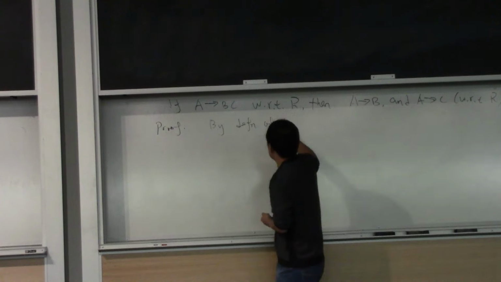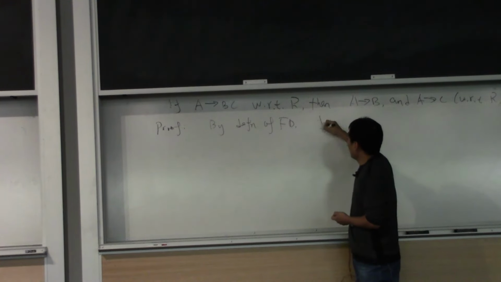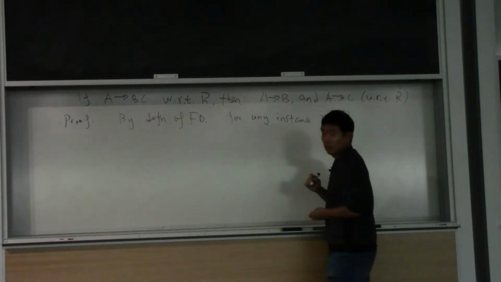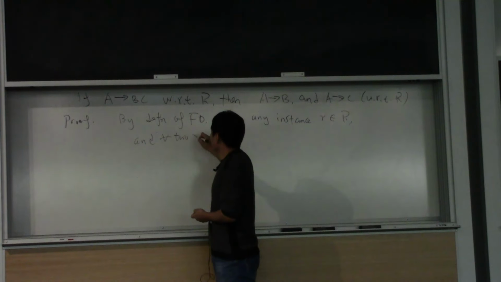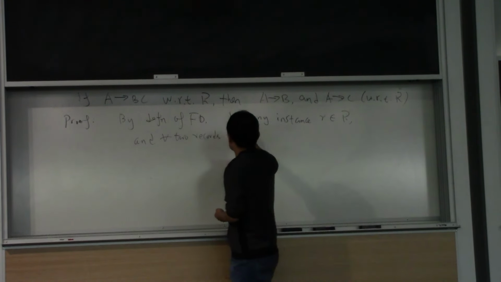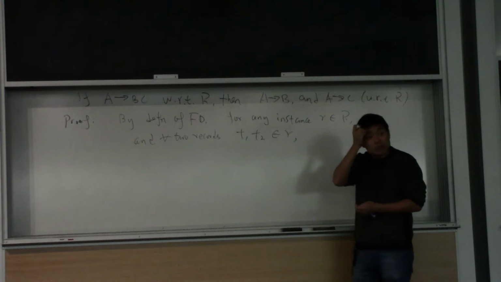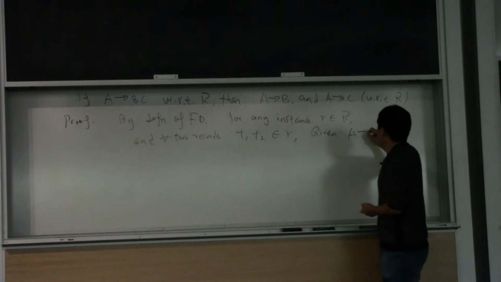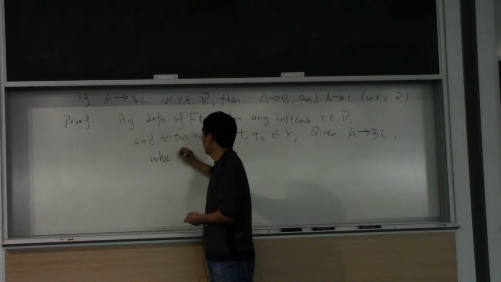The definition of functional dependency: for any instance R from capital R and any two records T1, T2 from small r, given A determines BC, what do we have? We have